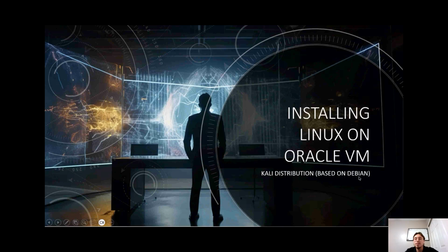As you can see, it is a distribution based on Debian, and is designed especially for penetration testing, ethical hacking, and digital forensics. It was released on March 13 of the year 2013. It is maintained by Offensive Security